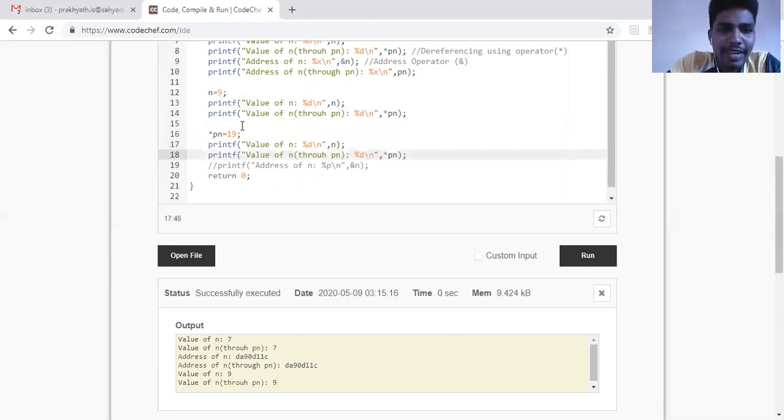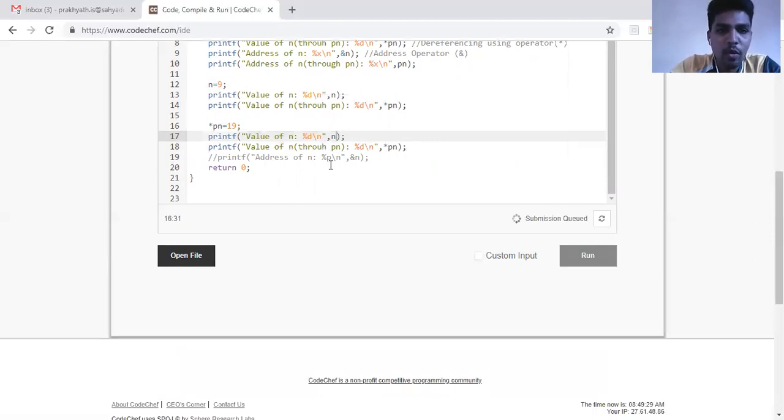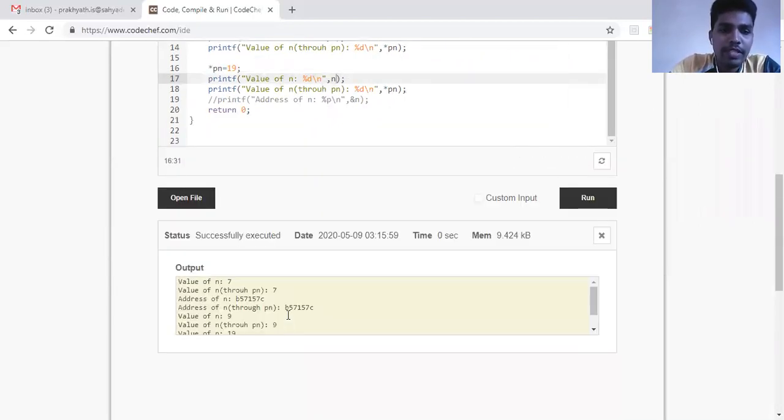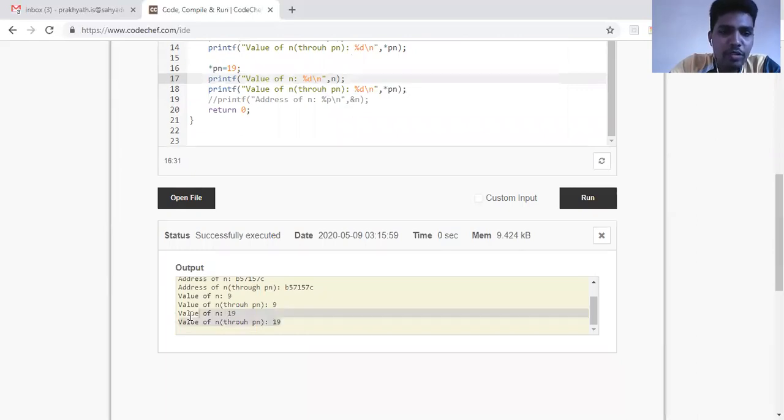Now what happened is, I did not change through n, I actually changed it through pn. So is it changing n also? Obviously it has to change n, because pn is not a separate copy. pn is actually holding the address of n. So let me run this particular code. You can see here, my n is also 19, and n through pn is also 19.